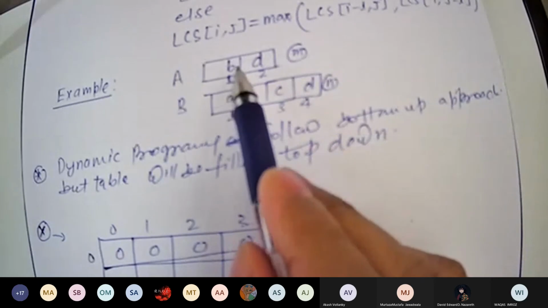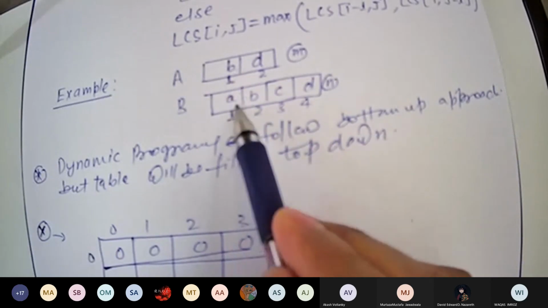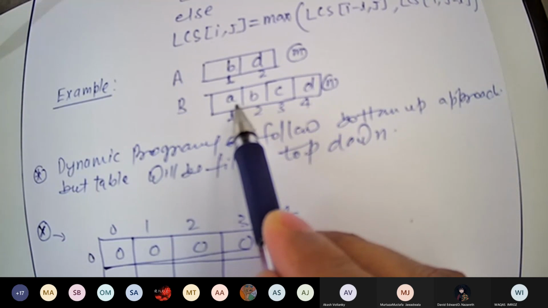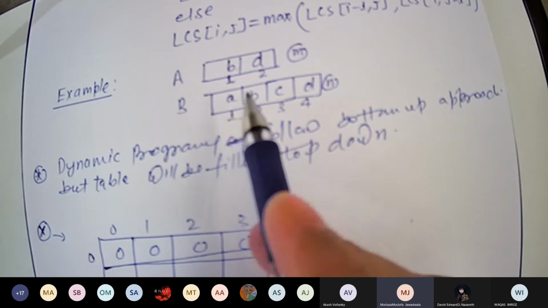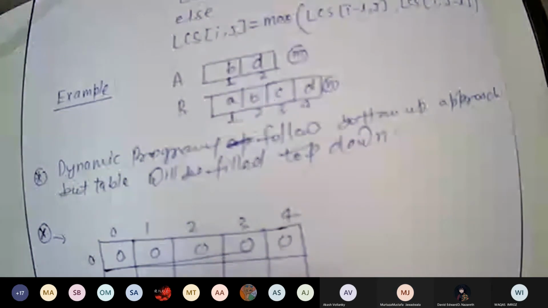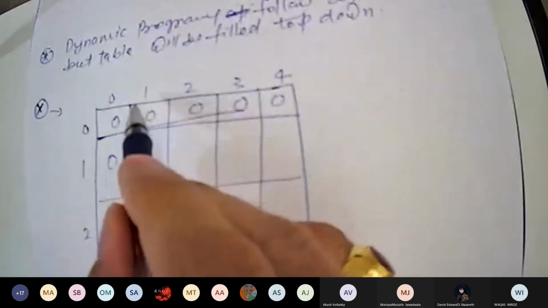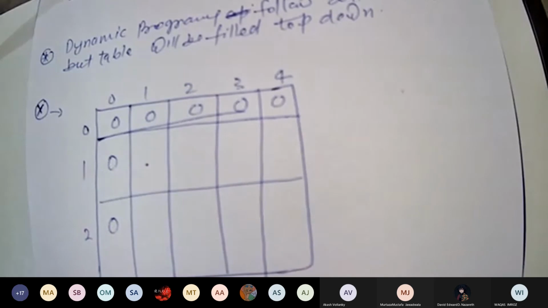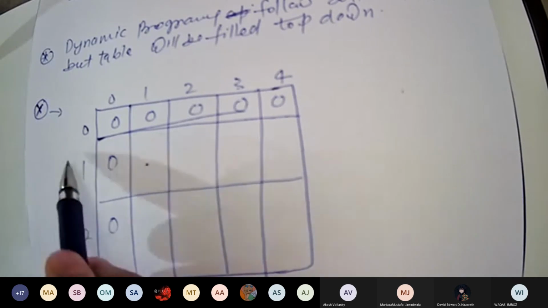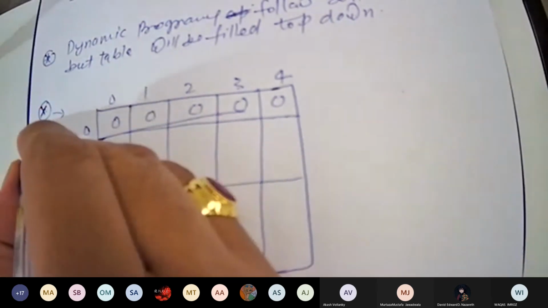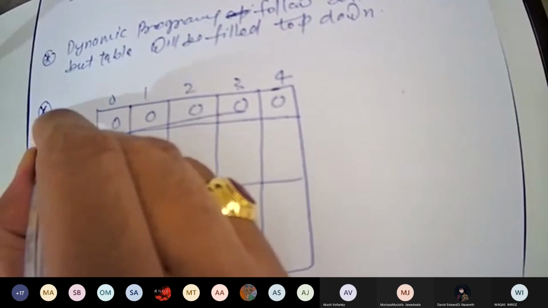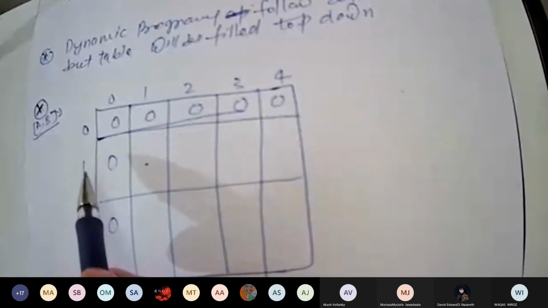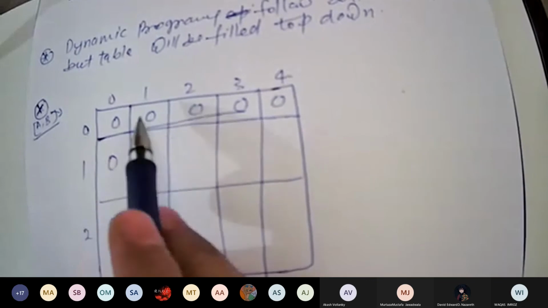A1 is B and B1 is A. So this X table is coming like A row and B column. So this is A1 and B1.